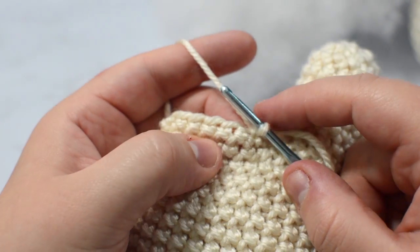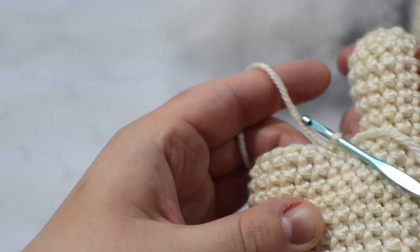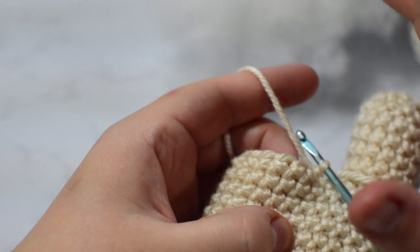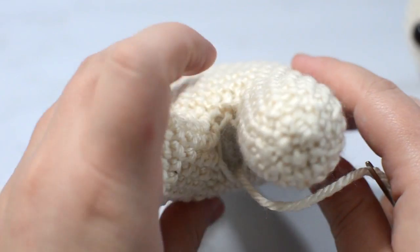And now we are going to go around for 6 more times because that was our first time around, and we do this for 7 rounds. Then I'll show you what I do after going around for 6 more times. Be right back. Alright, so I went around my 7 times, or 6 more times after I did the first one,